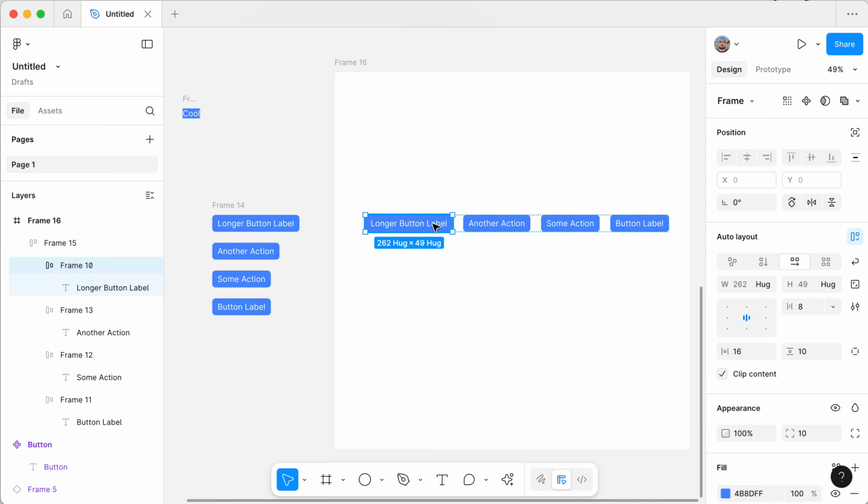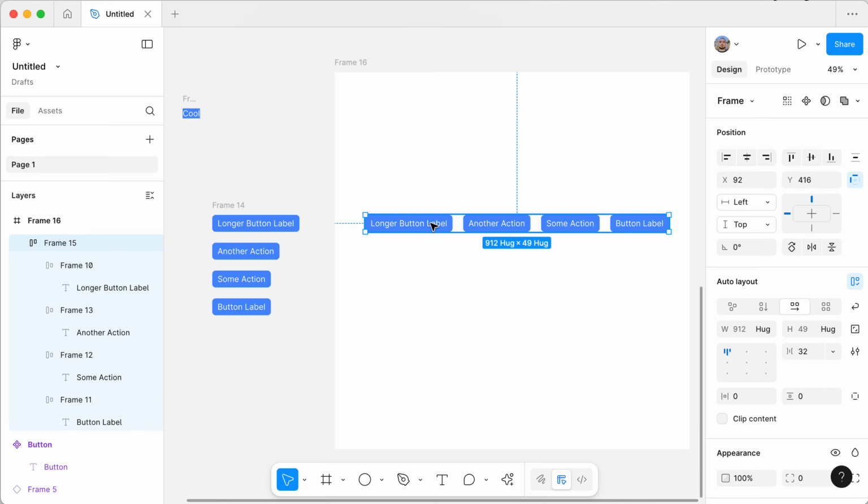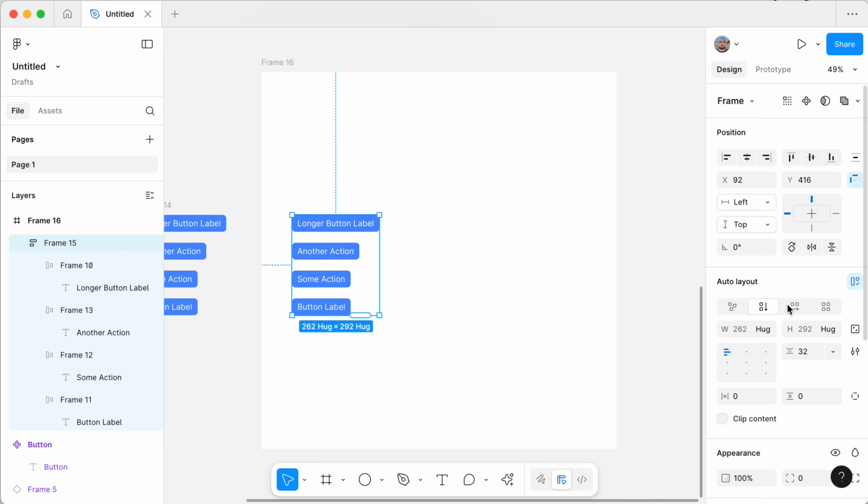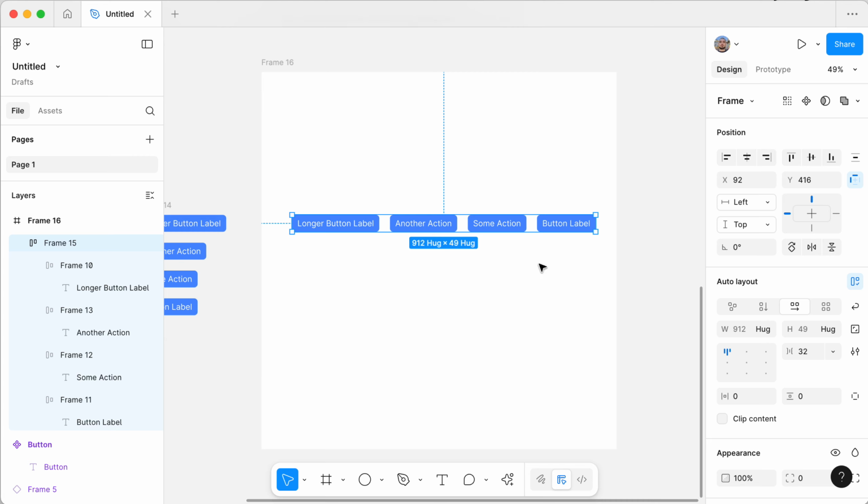So there's one auto layout here, go one step up, and you have another auto layout here, which you can change. There's a grid option now, and there's another option for the horizontal,